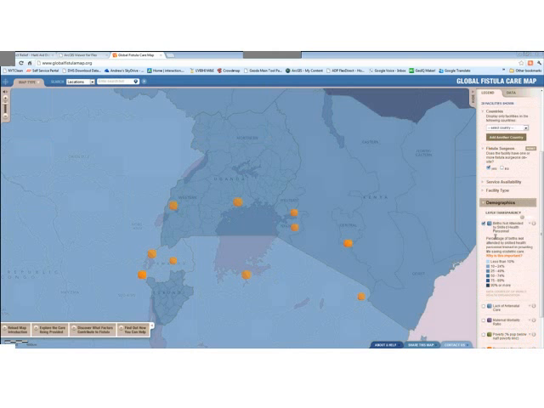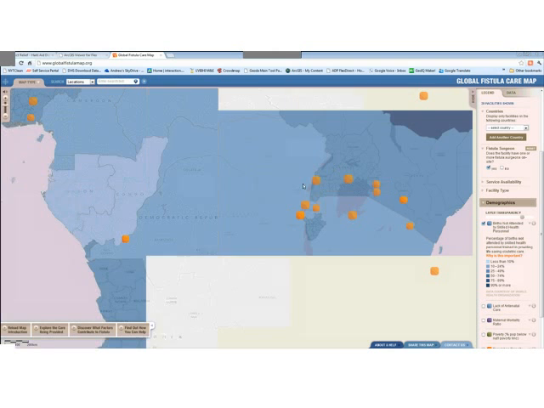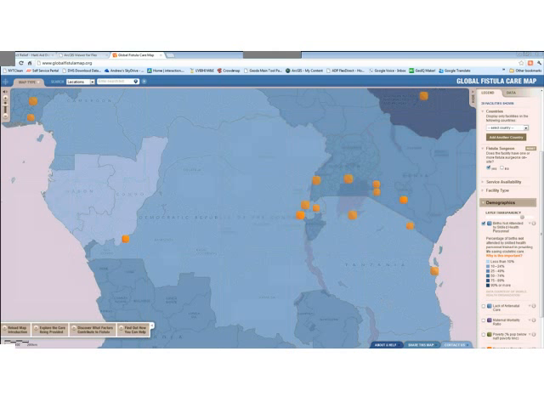So in this case, the likelihood that a woman doesn't have a skilled attendant at the moment of delivery is one of the predictors, and we wanted to look at that, in this case, from a country level, and seeing how that matches up against where we're actually seeing reports of high incidence of fistula repair surgery. And we're going to be iterating on this map so that we can update the data, make it exportable, and allow for a lot more sort of rich interaction.